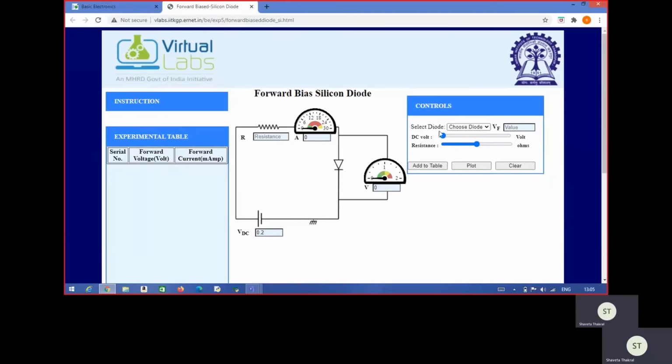Now we need to select the diode. There are various options we can choose to perform this experiment, and for our experiment we choose the diode 1N4007. We can also choose any of the other diodes present in the series, and as per the data sheet we can come to know about all the characteristics of the PN junction diode. So this is the PN junction diode we have taken here, that is 1N4007.